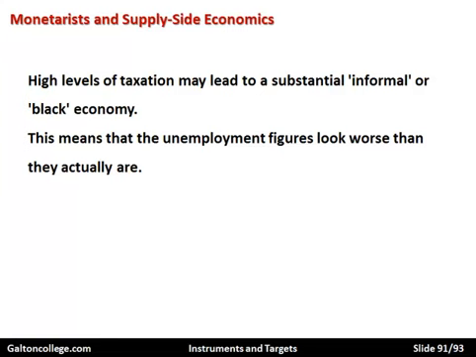Sometimes, let's say you take your car to be mended, and they will give you perhaps the official price, which will include taxes, or they'll say, well, we can do it at this price and no taxes. Pay us in cash. And that's what's sometimes known as the informal or the black economy. It's not seen. The government doesn't see it. The government knows it's happening, but it happens more when taxation is high.